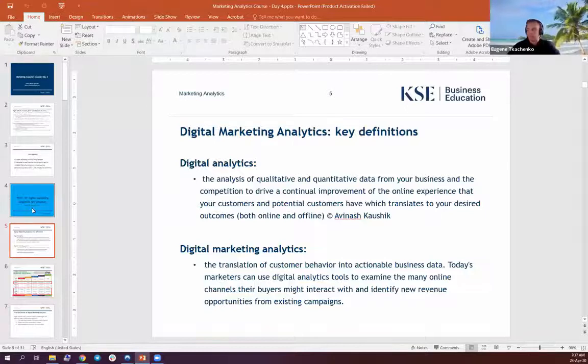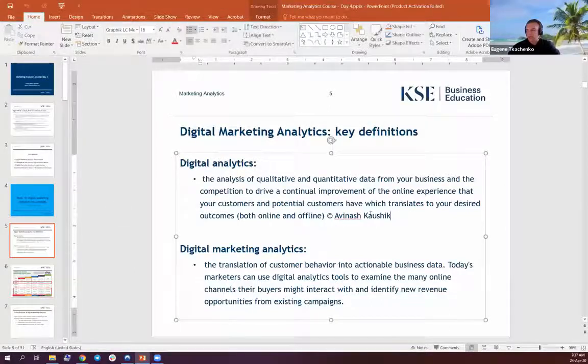If you look at the definitions of digital analytics, Avinash Kaushik is one of the Google evangelists, basically the person responsible for Google Analytics, that wonderful tool I got a chance to show you, I believe on day 2, if I'm not mistaken. He was basically the first person who came up with the definition of digital analytics, which we predominantly use in our day-to-day practices.